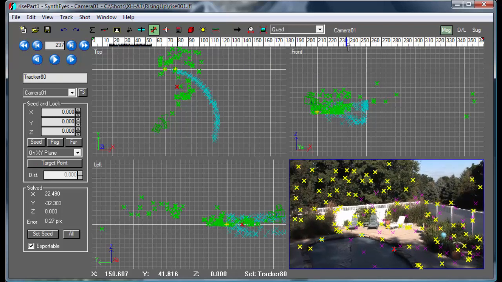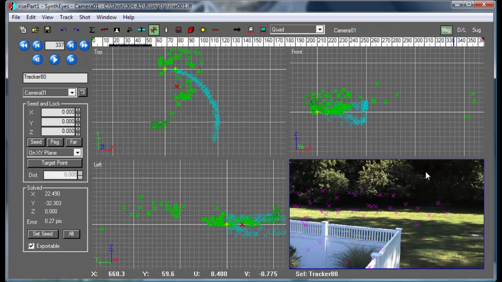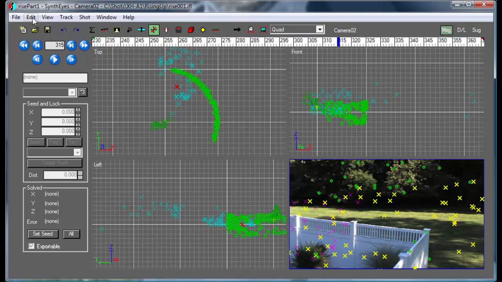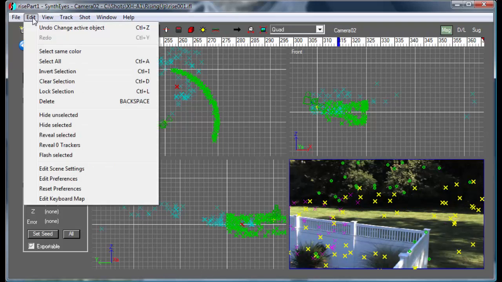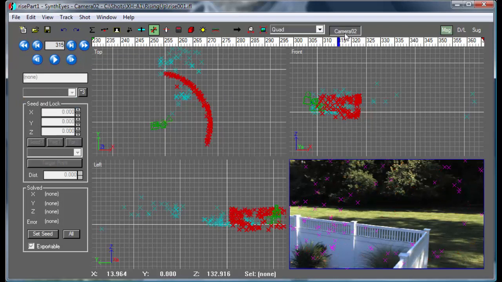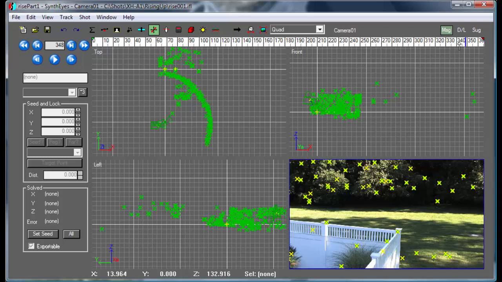If we scrub through it, you'll see as we zoom around, there are our trackers at the other end, but they're not quite lined up right yet because they're still living on the first camera. So what we need to do is just go to camera 2, and this is the little box that wasn't checked and isn't supported in the current SynthEyes version yet. We need to select all of our trackers from camera 2, and we'll just drop them down to camera 1. And now when we switch back to camera 1, everything lines up to the right spot all throughout the entire